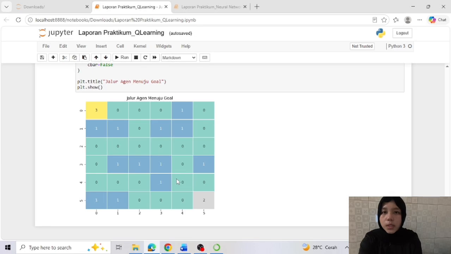Through this practical assignment, I gained a better understanding of two different machine learning approaches: supervised learning with neural networks and reinforcement learning with Q-learning. These activities also help me understand the importance of data preparation, model training, parameter tuning, and performance evaluation in building intelligent systems. Thank you for your attention.